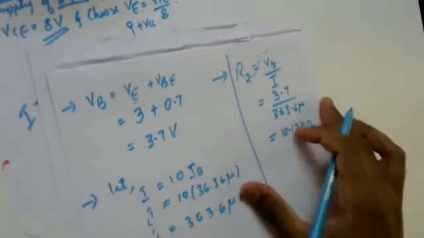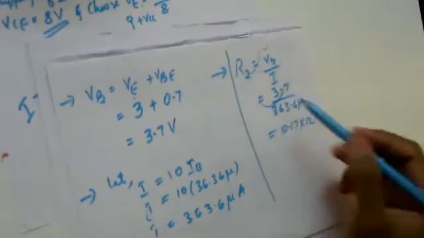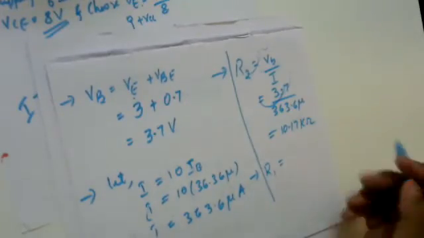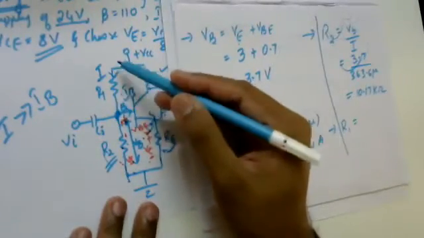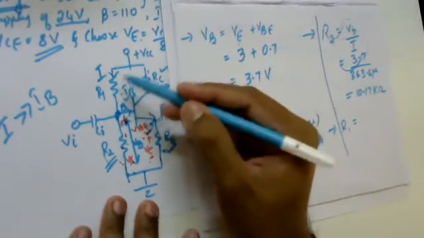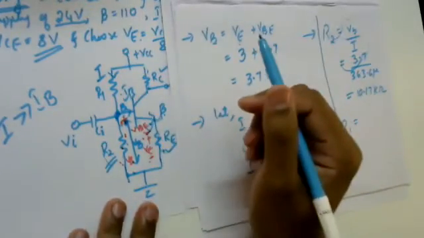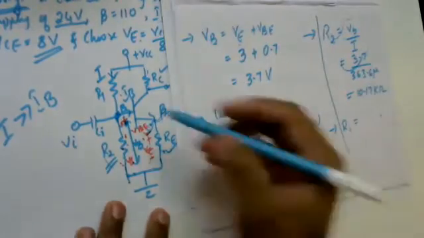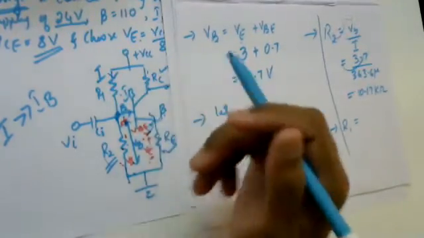Okay, once you know the value of R2, now I want you people to write an equation for R1. I'll show you the circuit for R1. Where is my R1? My R1 is here. Something interesting is there. It's not that simple. It's a reason I'm asking you to have a go at it. What will be the equation for R1 now? I want the resistance R1. How can I write the equation for R1?